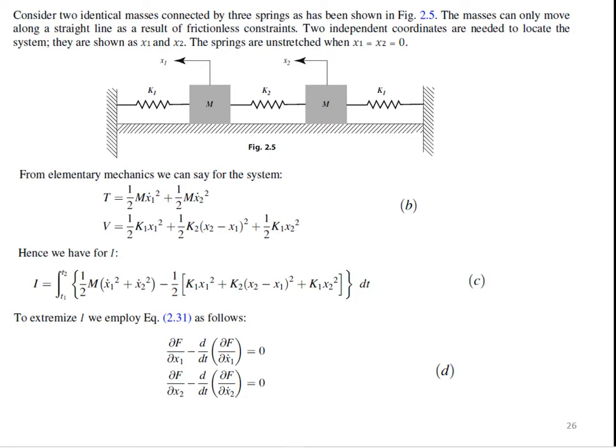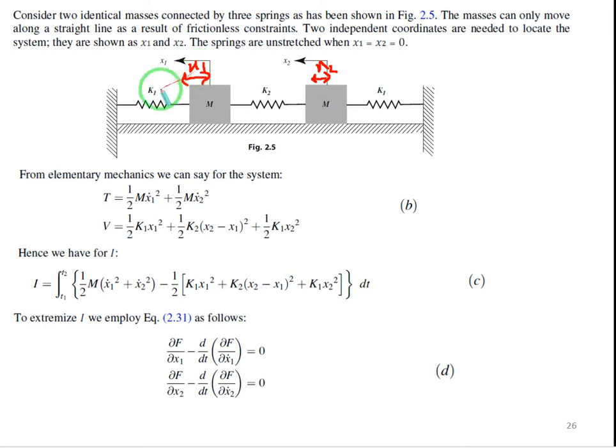Let me show you here. Let's say the displacement of the first mass is a positive value x1, and the displacement of the second mass is the positive value x2. If x1 is a positive number, we can say that the left spring is compressed,